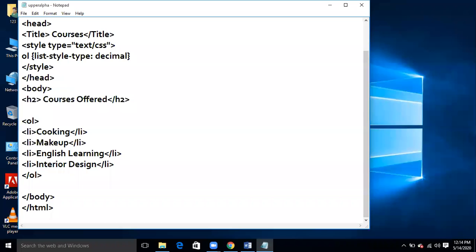So how you can give it in the form of an ordered list, as we know that we mention over here the list style type, we have mentioned the list style type is basically decimal. Okay, we have taken the list style type as decimal. So I'm going to save it.